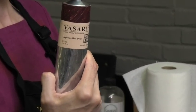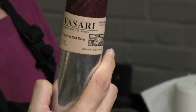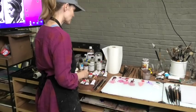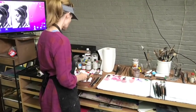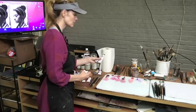Capuchin Red Deep. And everyone is going to have a different favorite. Five months from now, maybe I'll have a completely different color that I'm in love with. I think I had this in my drawer and I started to use it, and then I was like, oh my god, I'm running out of the small tube. I better buy a bigger tube. Another thing that I've really loved is these